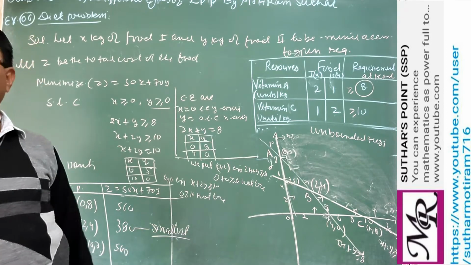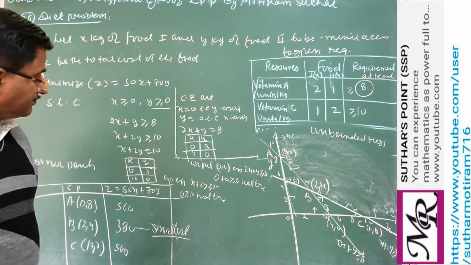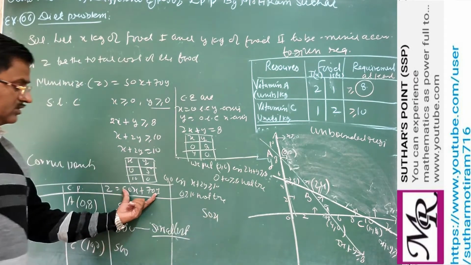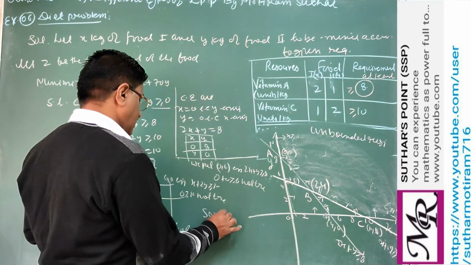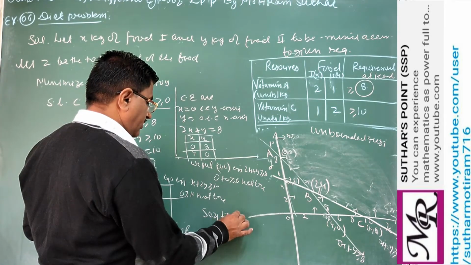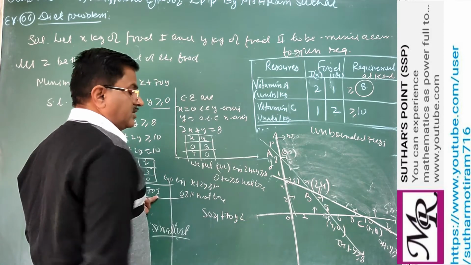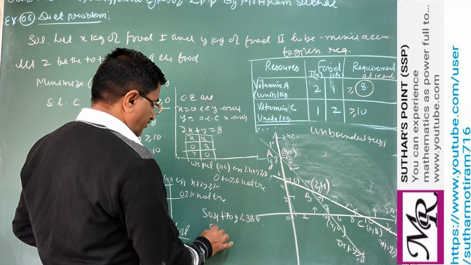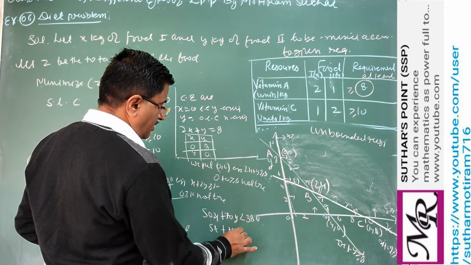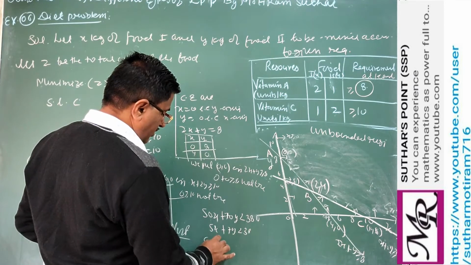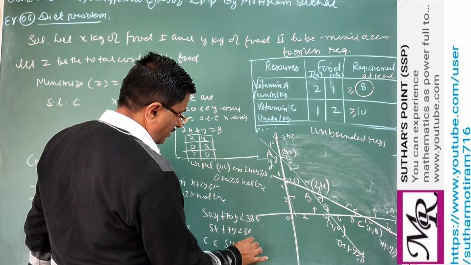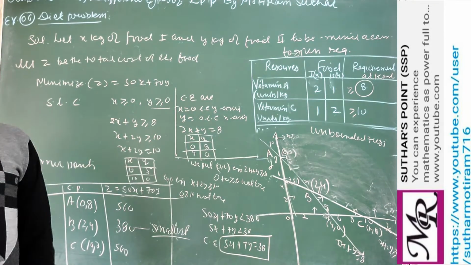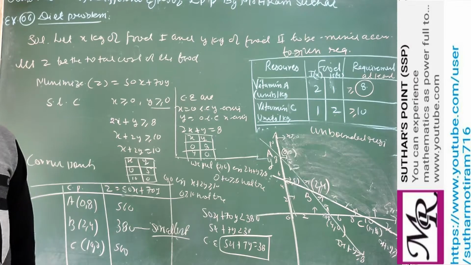So you have to check for the objective function line. So what will the objective function line be? The objective is 50x plus 70y, and you take this minimum value, that is 380. So 5x plus 7y equal to 38. Now draw the corresponding equation, put in values of x and y, and you get another line.